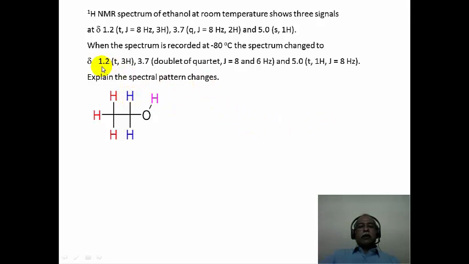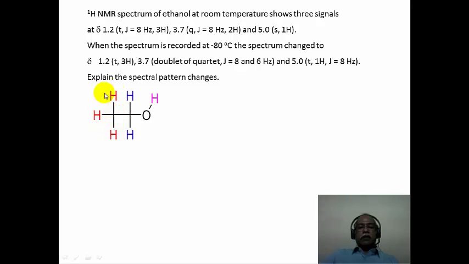So, what is the multiplet that is seen? The 1.2 is still a triplet because of two adjacent hydrogens. See what happens to the 3.7 signal. That becomes a doublet of a quartet. Why is it a doublet of a quartet? It is a doublet because of the magenta hydrogen with the coupling constant value of about 8 Hertz, and it is a